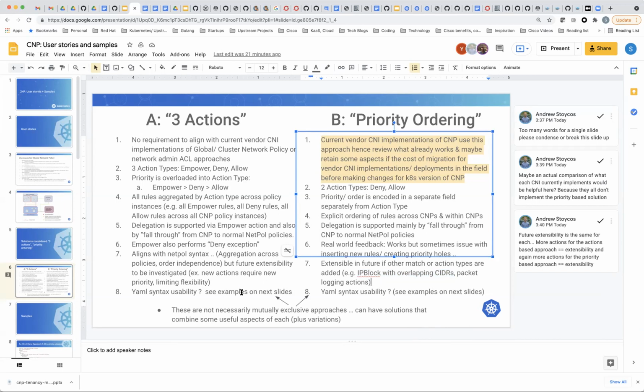Because it is dependent on the CNI implementation. Anyway, we can come back to IP block and things like that. The point here is about future extensibility when you have independent controls of priority and action, versus the action embedding the priority. That's the key point here. The rest of it, for the sake of time, we could probably move on to the 4B point